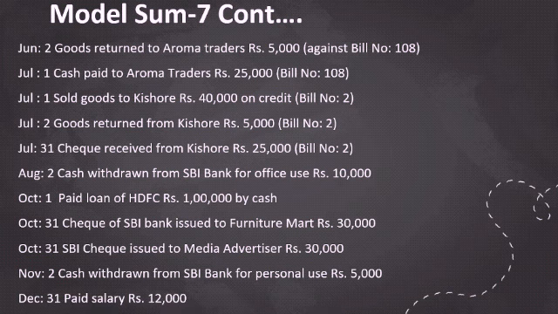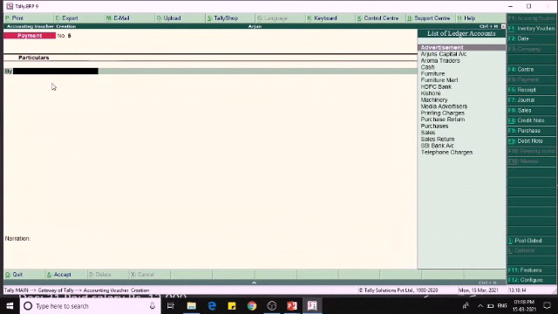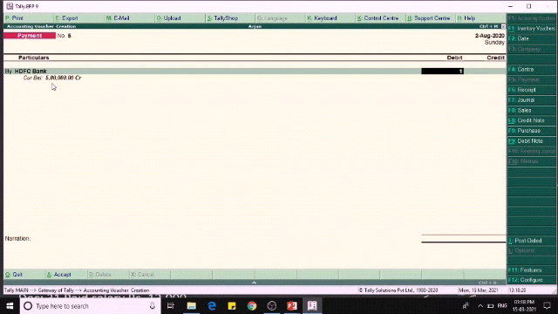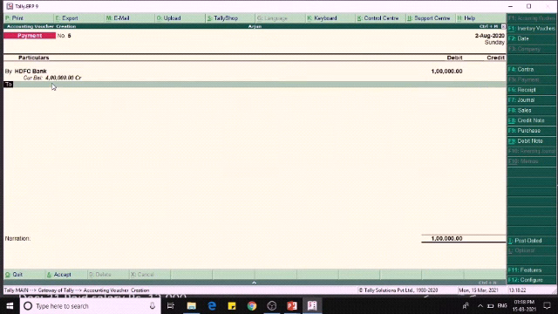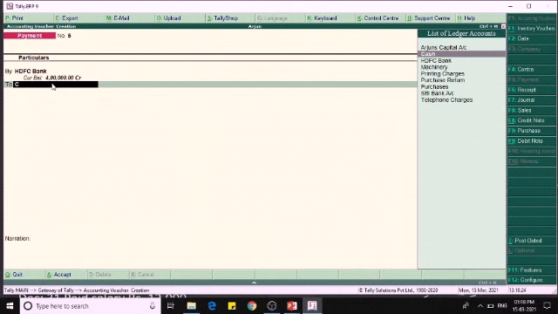And then we have paid the loan of HDFC rupees 1 lakh by cash. On 1st October we are paying the loan. So this we have to pass it in the payment voucher. So we have to debit HDFC Bank with the amount of 1 lakh and we have to credit cash account.